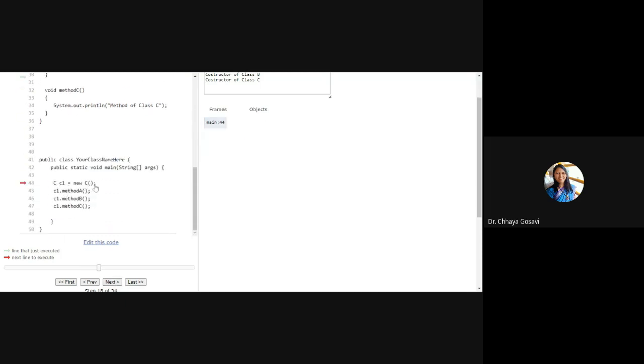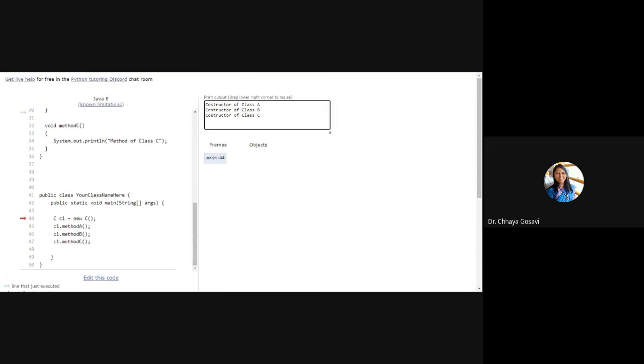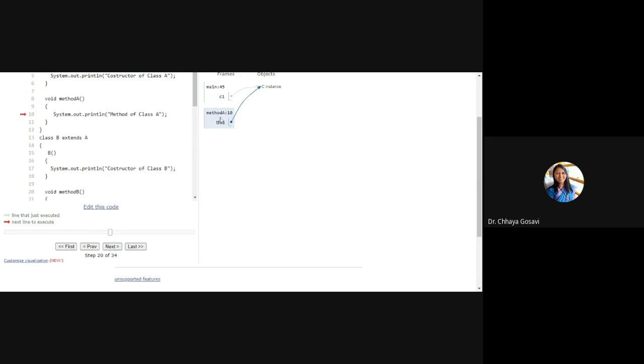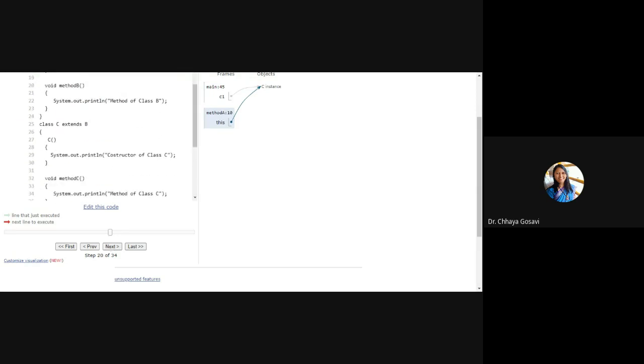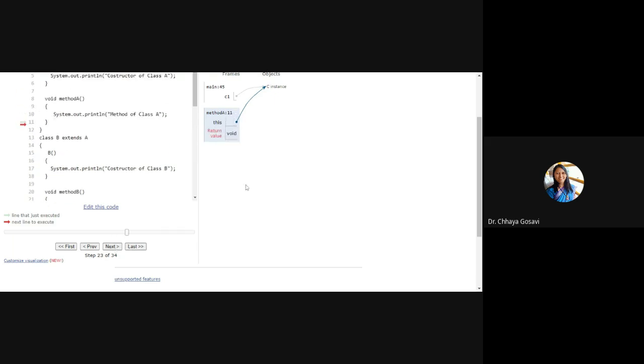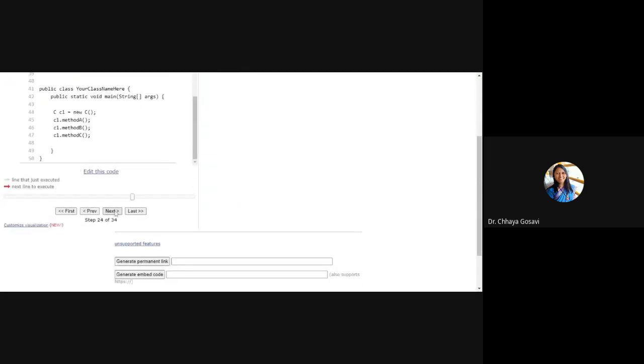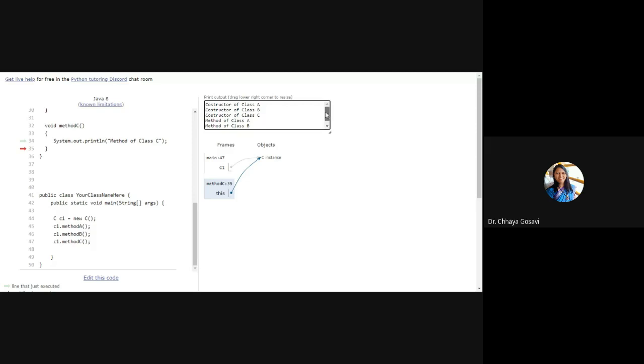For this single line, it has called the constructor of class C, which called the constructor of class B, which called the constructor of class A. The sequence of execution is that the class A constructor is executed first, then B, and then C. Now C1 is calling method A. Method A is accessible from class C, so it will display I am a method of class A. Then you are calling the method of class B and the method of class C. This is clear?